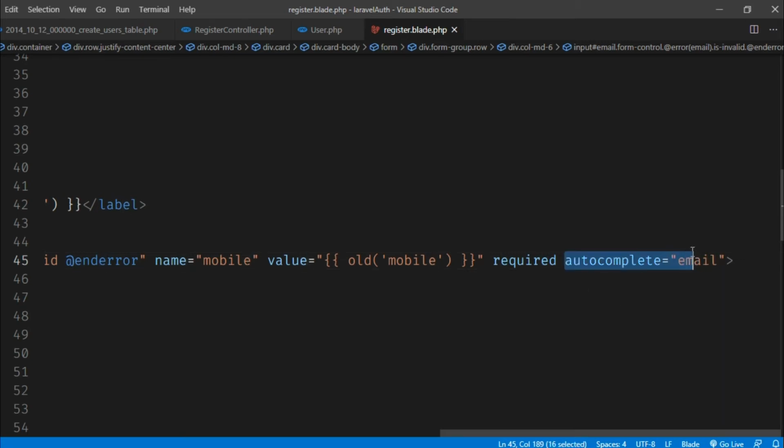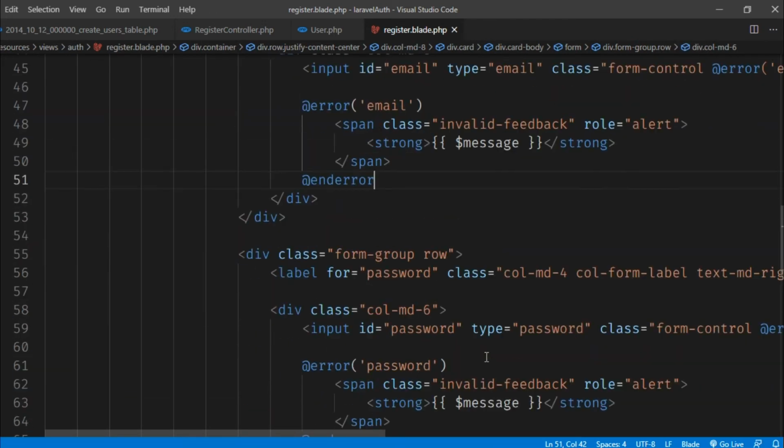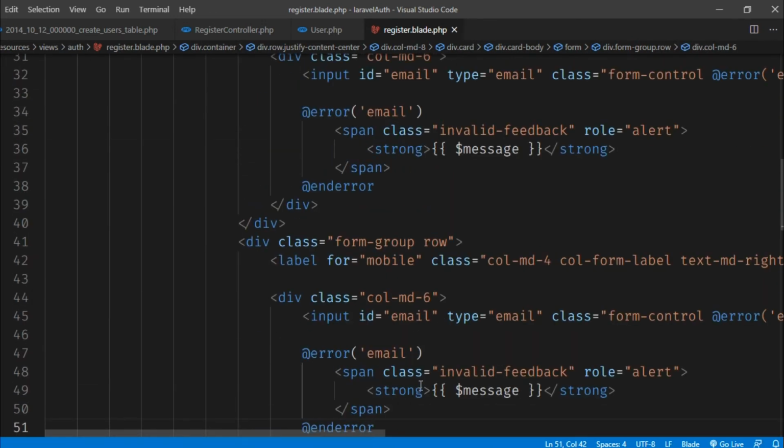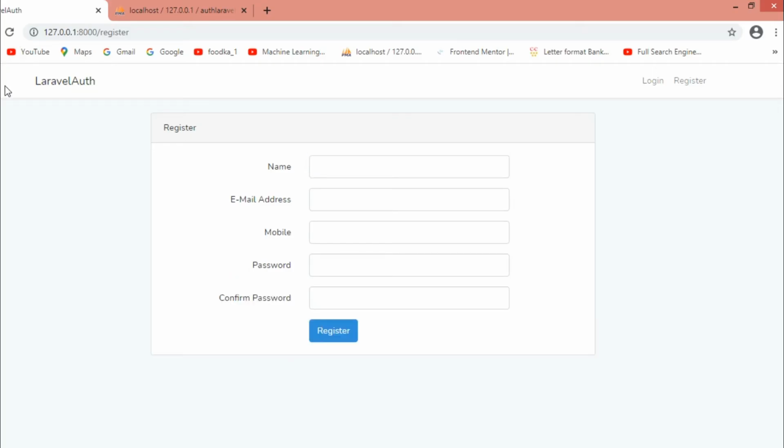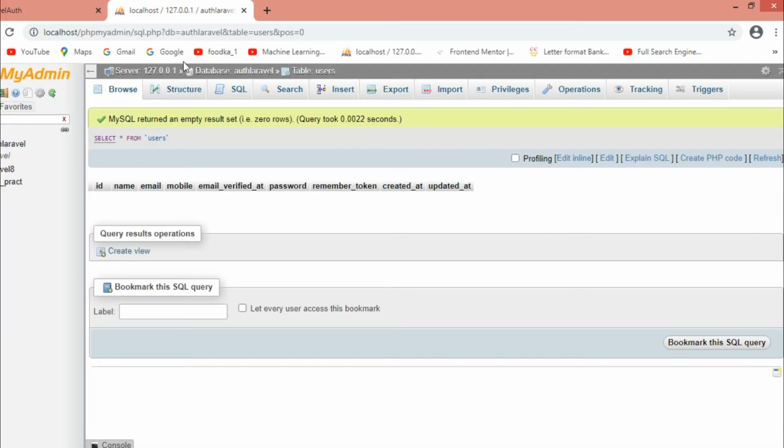We'll just remove this autocomplete. The input ID will be mobile. If there is any error, it will show this. Now let me refresh the page. You can see name, email, mobile, password and confirm password.